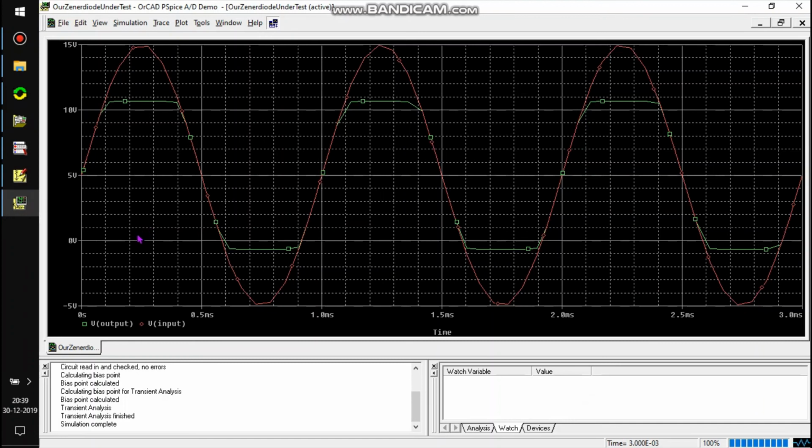Okay, so we have our input voltage here. It's going from 5 volt to 15, so 10 volts extra, and 5 volt to -5.